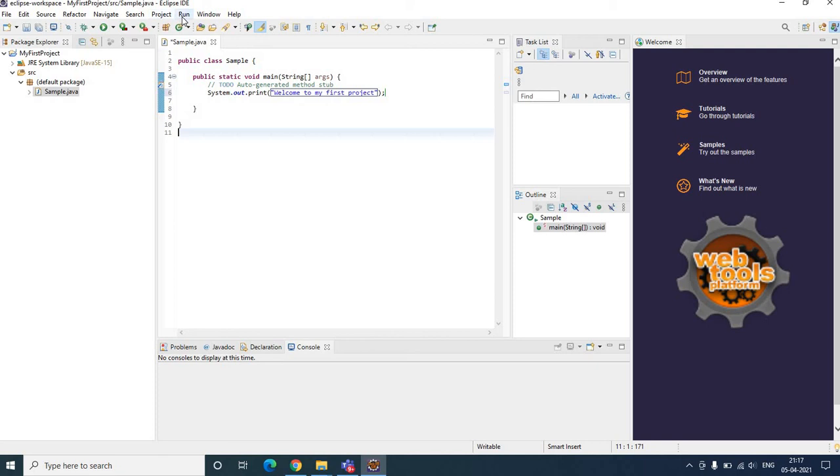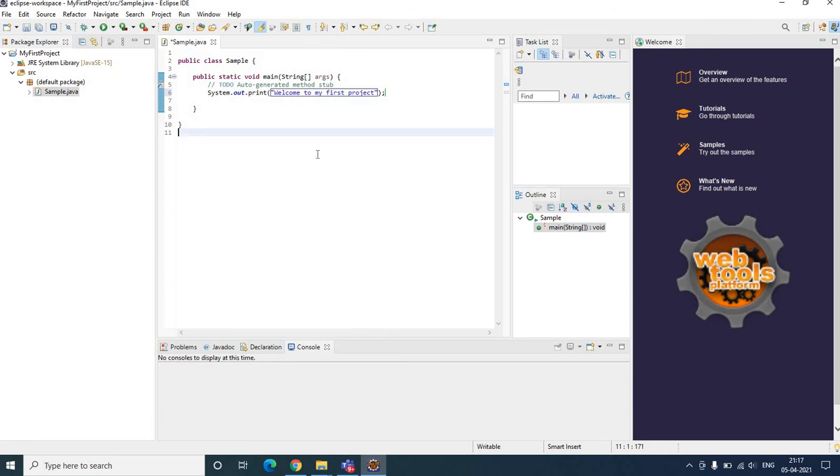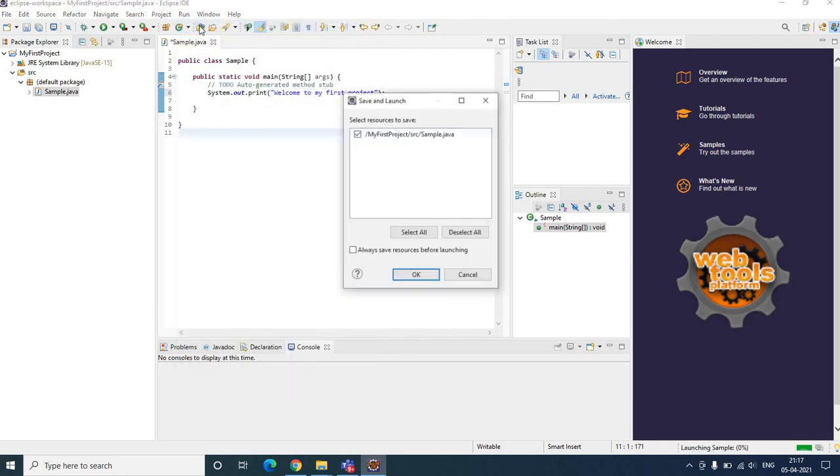For that, let us get into Run, and we can give Run directly itself. That is, there is no more problem. Or else we can build it and then we can give execution. So let us give Run directly. It will compile and run. You need not explicitly compile and explicitly run your project. By clicking Run, your project will be compiled and executed.